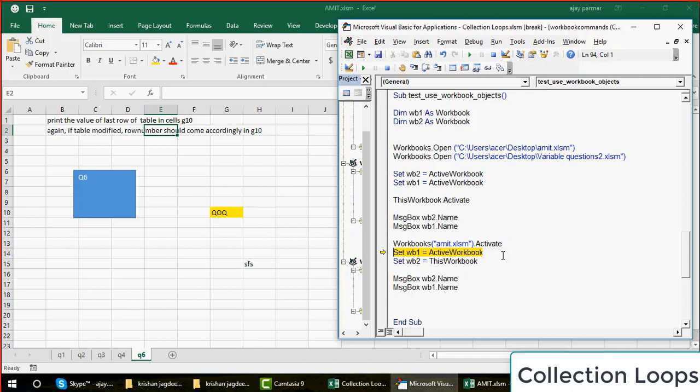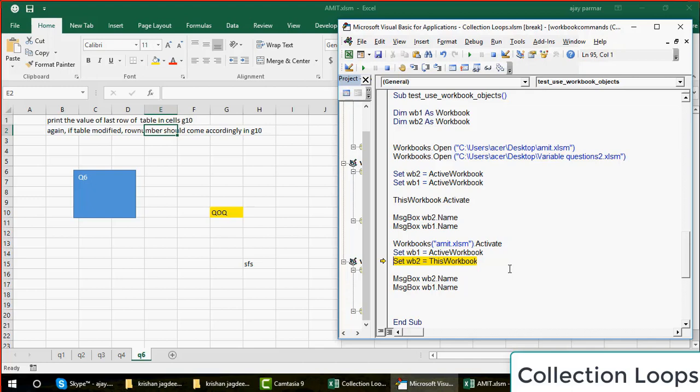VB always executes the lines from top to bottom, so what VB sees last is what will be executed. So finally now you are changing the WB1 reference. Of course you can do that. Here also you are writing ActiveWorkbook, and previously also you had written ActiveWorkbook. What is the difference? This time the active workbook is Amit. So there we go. Now you say WB2 is ThisWorkbook.